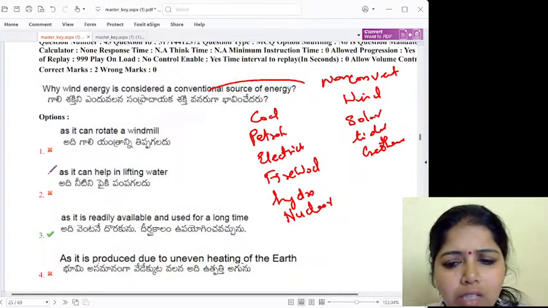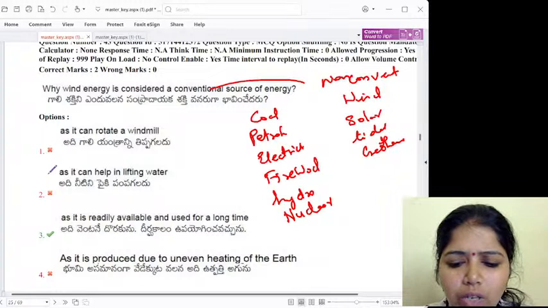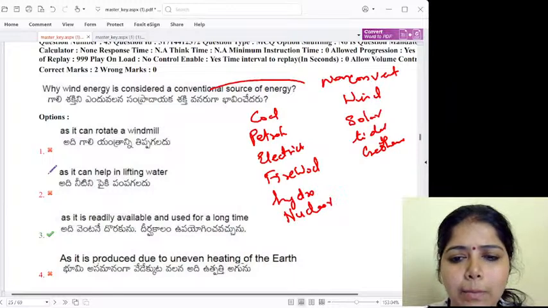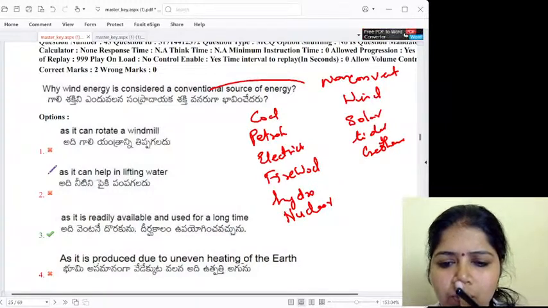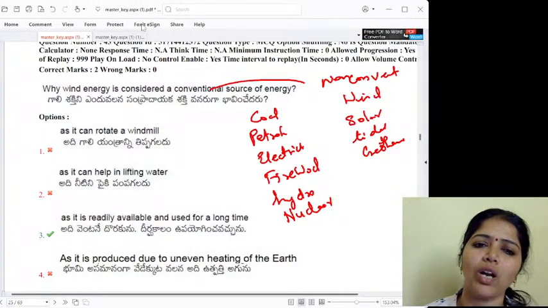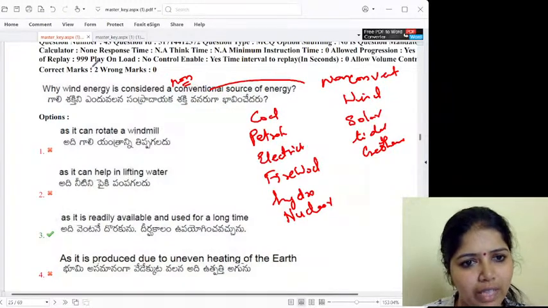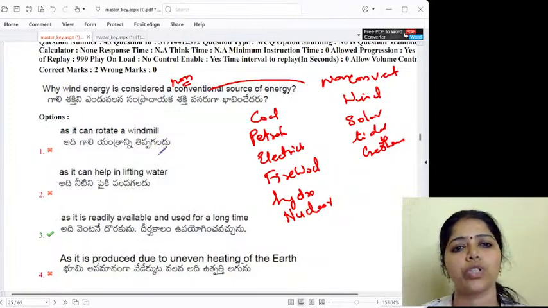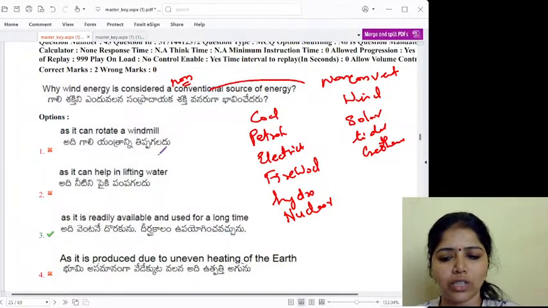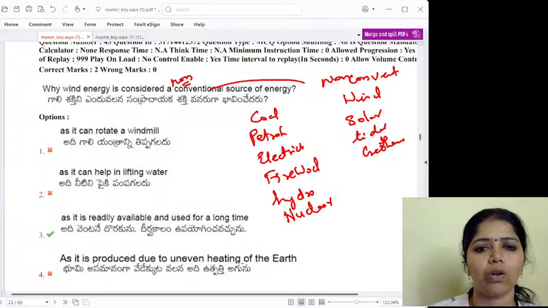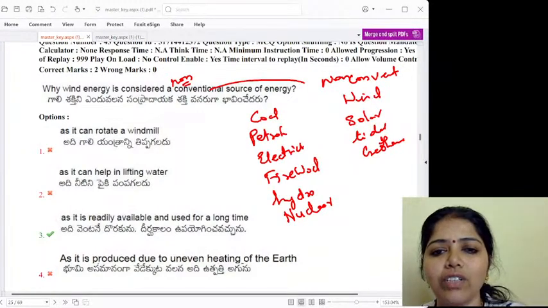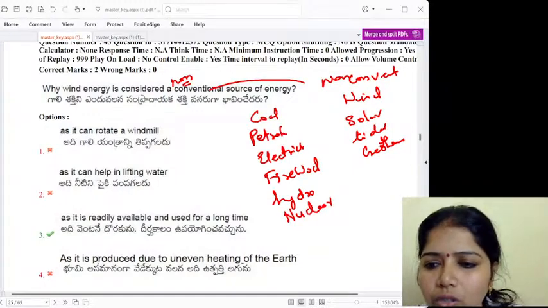But it's something strange with this question. Actually, it is a non-conventional source of energy. How they have given conventional, I don't know. Wind energy is a non-conventional source of energy, is the first point. And if they say it's non-conventional, then why, if they have asked us, they will not do pollution. They will not do pollution. So that is why we can say it is non-conventional. This can also be claimed, because this is not a conventional source. It's a non-conventional source of energy.